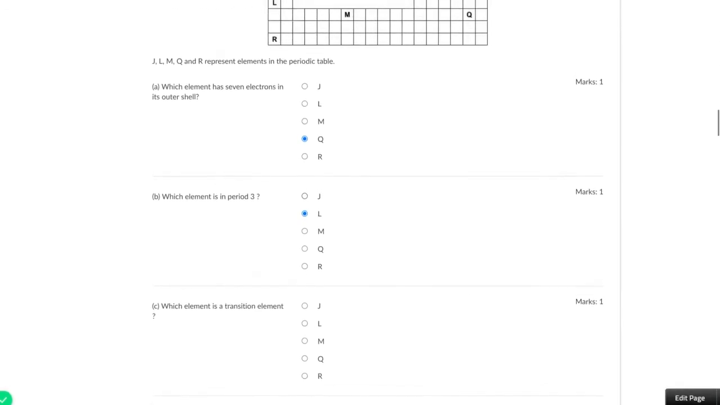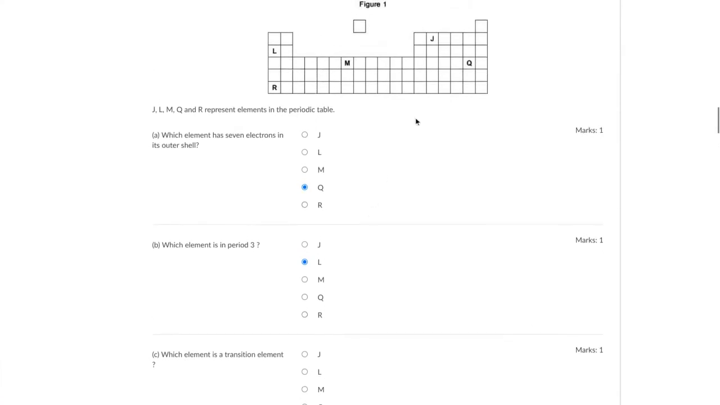Question C though asks us which is a transition element. Transition element is basically the group in the middle. This is the, group, probably the incorrect term there, but this is the block of elements which don't have a group assigned to them. These are just the transition metal elements. They're sandwiched between official group 2 and group 3 here. Transition